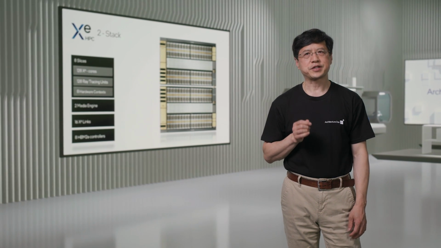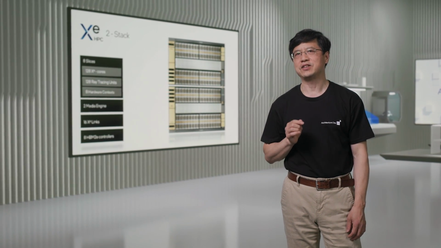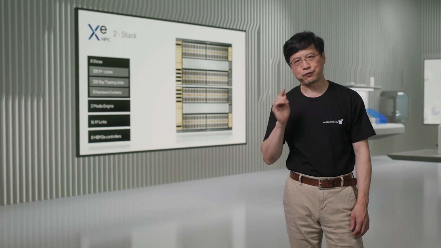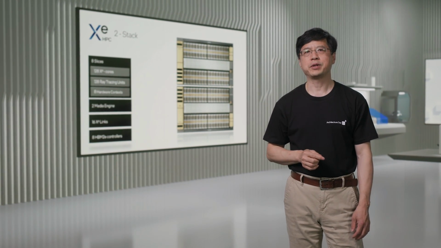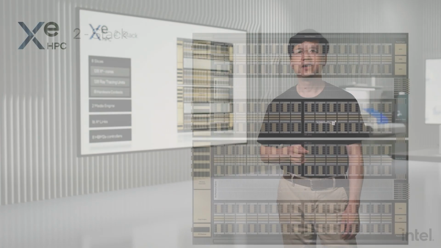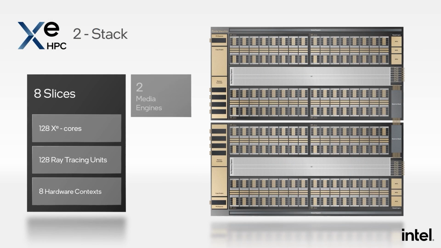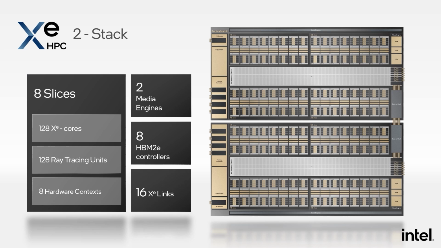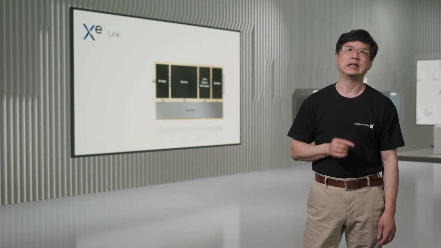Xe-HPC architecture is also scalable, allowing us to do multi-stack design. This is an industry first. We could only accomplish this because of our EMIB packaging technology. Here, we connect the Xe memory fabric on each stack directly. This enables unified, coherent memory between the stacks. This is a big deal for software. We can now deliver leadership compute and memory bandwidth density for a wide range of HPC and AI systems with a single design.